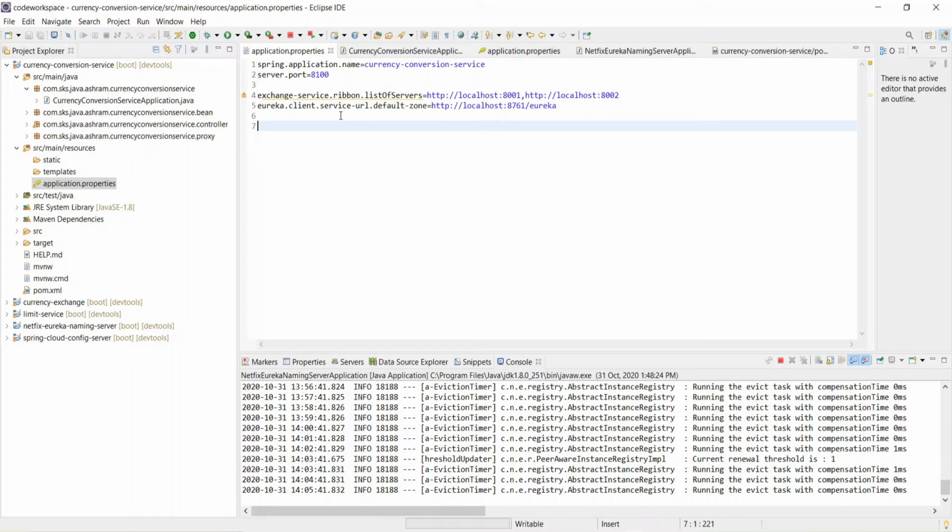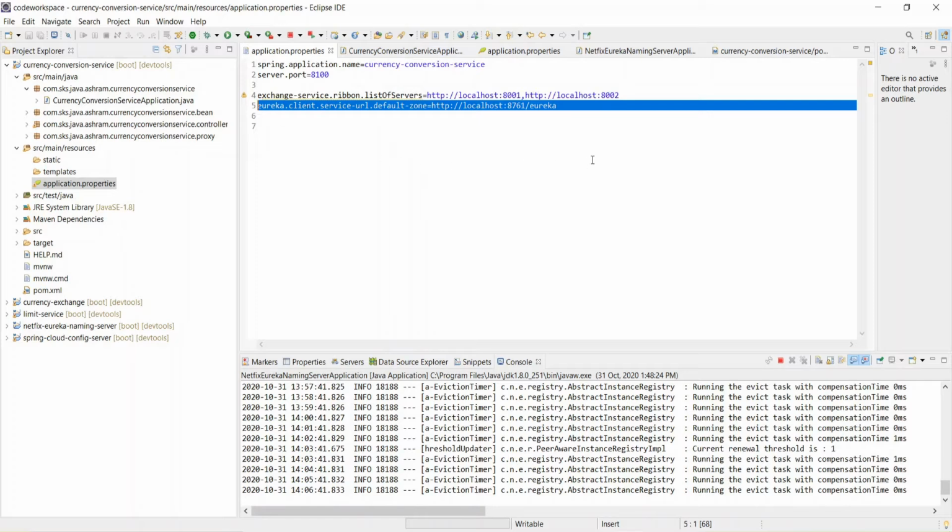First, in the main Java file, use the annotation EnableDiscoveryClient to get registered with the Eureka naming server and for service discovery. Second, add the Spring Cloud starter Eureka dependency in the pom.xml. And third, in the properties file of the microservice, indicate where the Eureka server is running, the default zone.